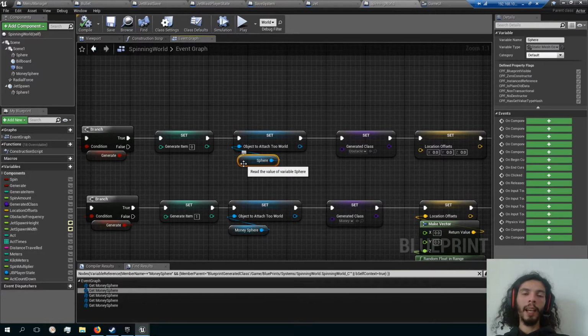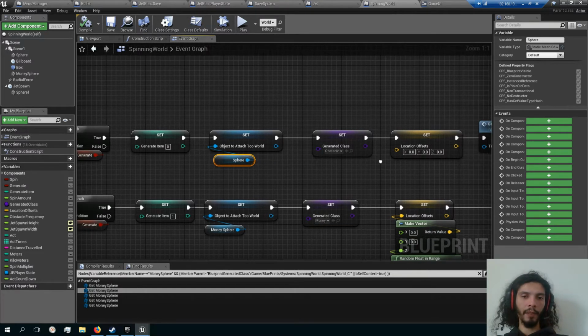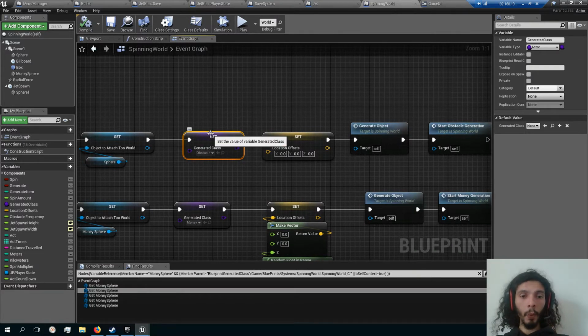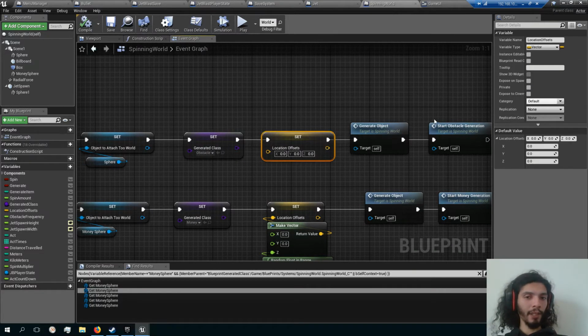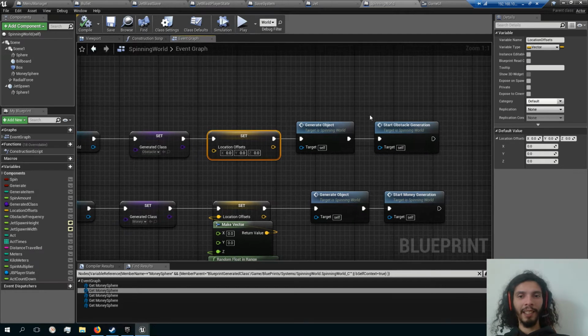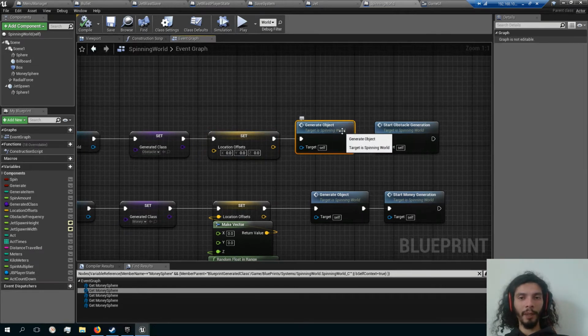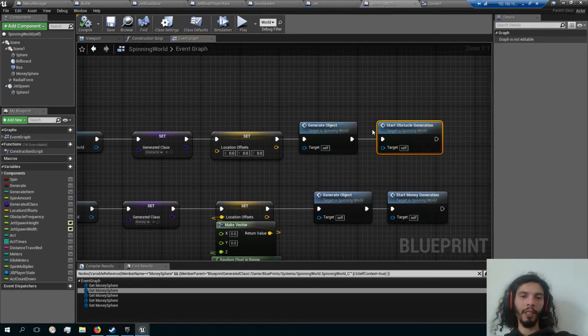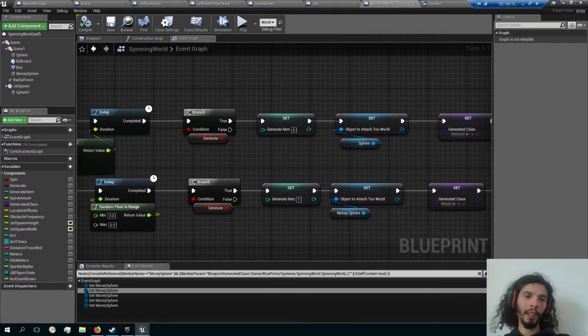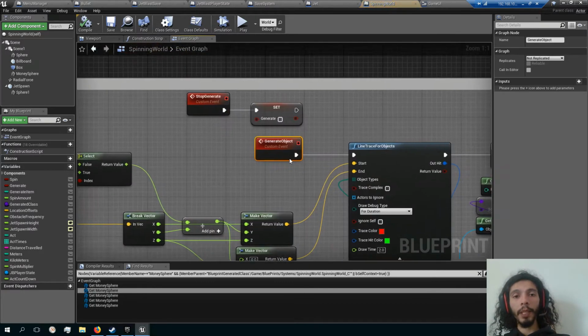We're going to attach it to the main sphere, the one that's spinning full speed. We want an obstacle, no location offsets, and then we want to generate the object but also restart the loop. So this will just restart this loop and we go back and wait. When we generate the object,